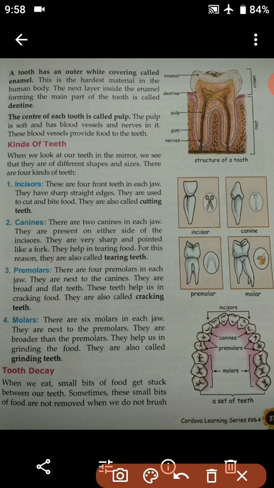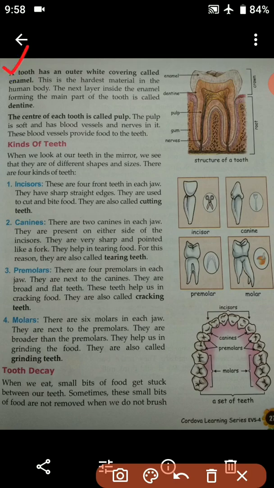The portion of the tooth seen above the gum is known as crown, okay students? The portion that we can see is known as crown, and the portion of the tooth that is inside the gum, which we cannot see, is known as root, okay students? So now you see,